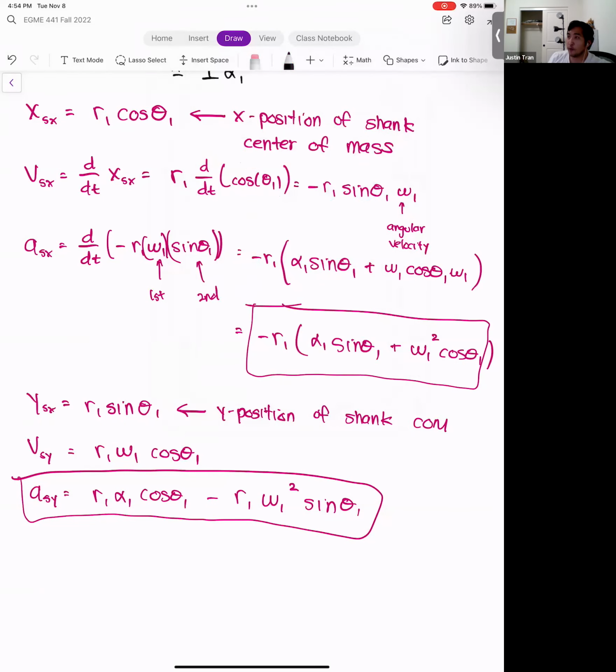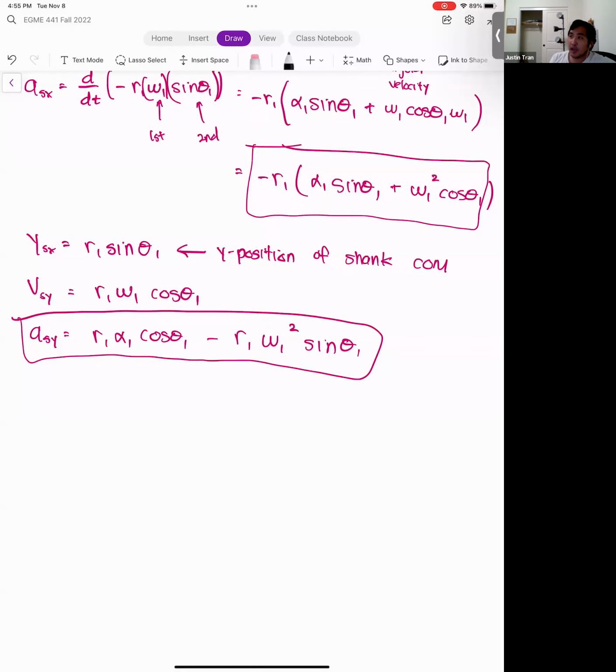And so we've solved for expressions for 6 of the unknowns. By the way, the reason I'm not inputting any numbers for this one is that I really want you guys to learn the process. And I think that gets lost a little bit once you start plugging in numbers. And so I'm doing everything in terms of symbols just so that you can explicitly see everything that I'm doing. Because if you plug in numbers, it gets hard to follow. All right, and so finally, we're going to do the same thing except at the thigh, and that's going to allow us to solve for our last 3 unknowns, which is F, X, F, Y, and T at the hip joint.